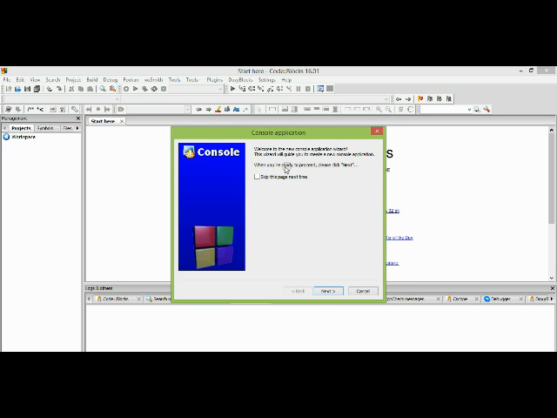Once you click on that, you will get this pop-up message: Welcome to the new console application wizard. This wizard will guide you to create a new console application. Just click on Next. Over here, make sure that you click on C because we are dealing with C programming. Here the project title will be your project name, any name you wish. I am giving test